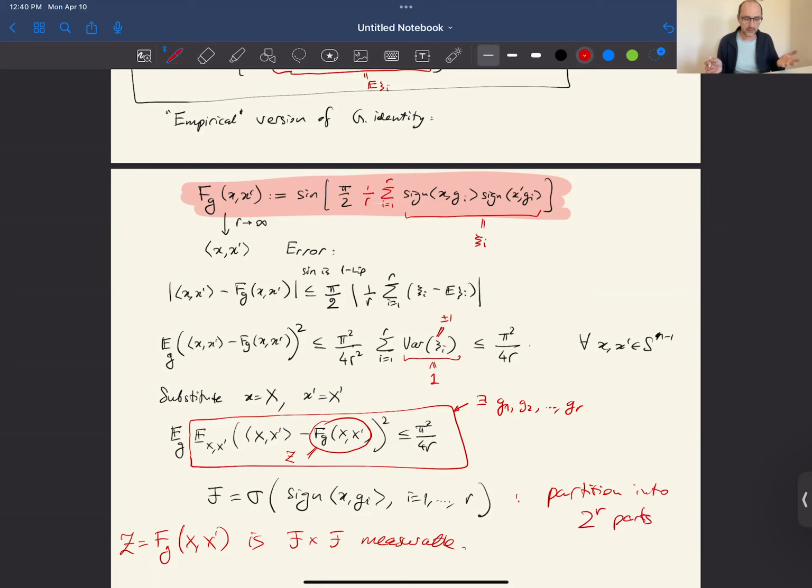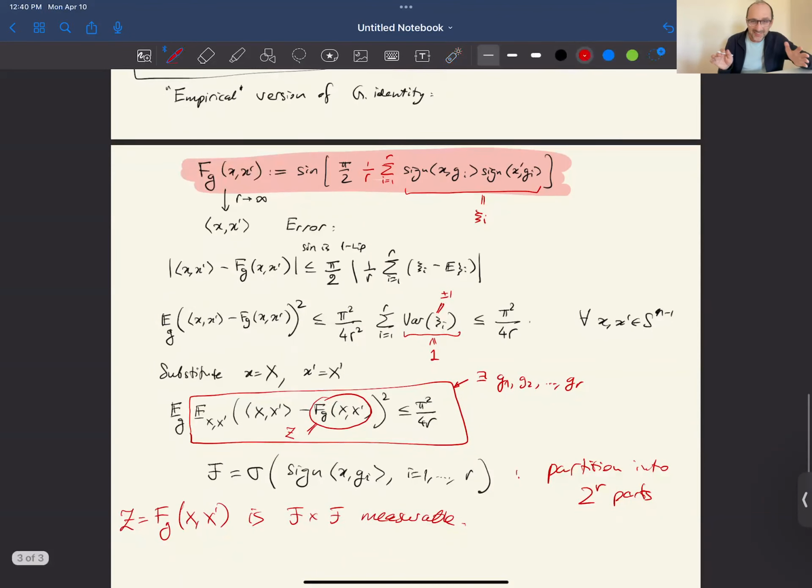It's just because how many values does this thing have? It can have 2 to the r values, and so the sigma algebra must then be generated by 2 to the r parts. So we have the sigma algebra as required. The conclusion is now that we approximated x prime by some random variable that's measurable in the sigma algebra as we require. And the final step is simply to say that once we have it for some z, that z must be the conditional expectation, because the conditional expectation is a projection in L2, is the best approximant.